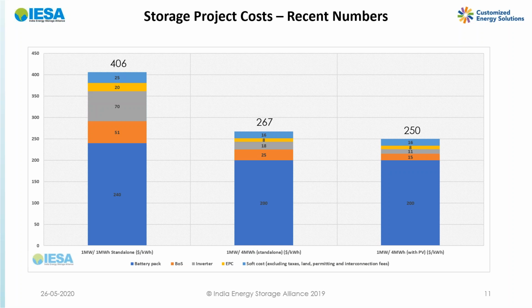As Tobias again mentioned, right from cell or pack prices to the entire system level prices, there are balance of the system, inverter, the installation and EPC cost, and any other soft costs in terms of the taxes and others. So those all are important. And if you are sizing the system for 1 hour versus for 4 or larger hours,